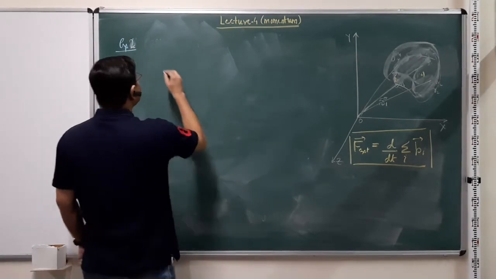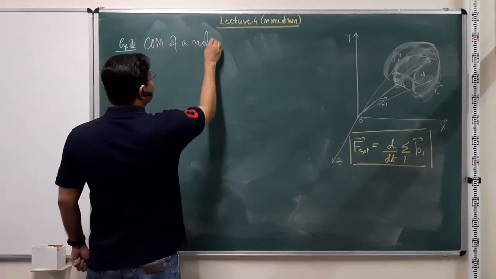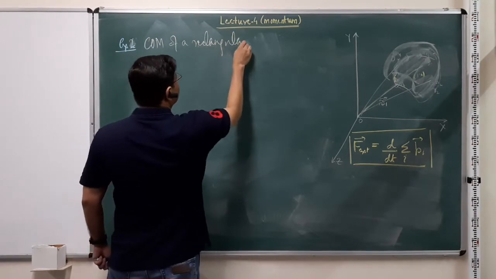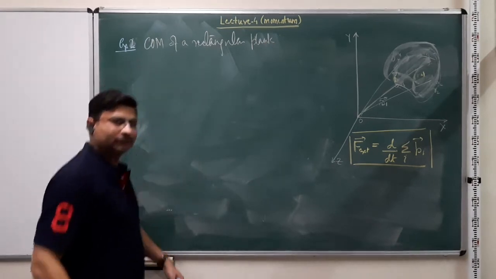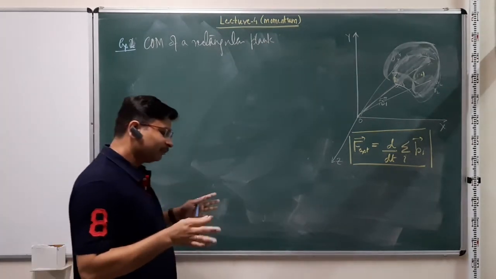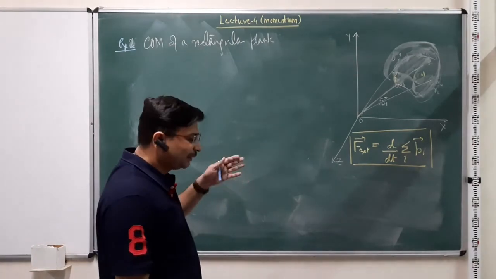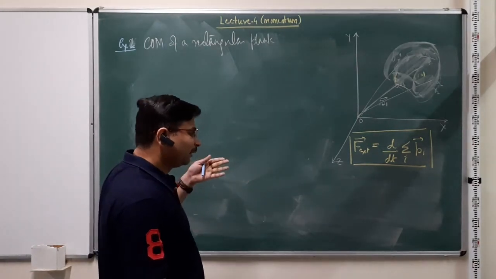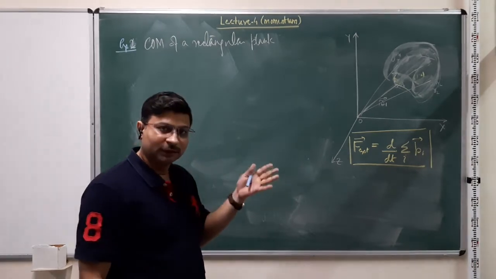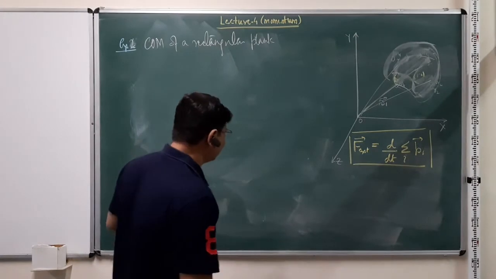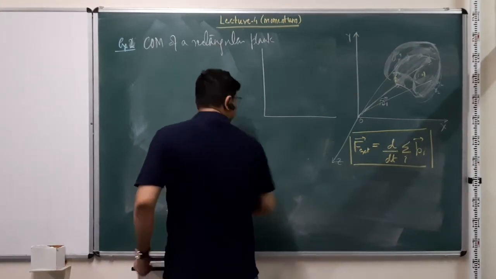So now let us take the center of mass of a rectangular plank, or plate, it doesn't matter. Again, if the density is uniform and the third dimension is very, very small compared to the other two dimensions, then we can take this problem as a 2-dimensional problem. And again, in that 2-dimensional system,